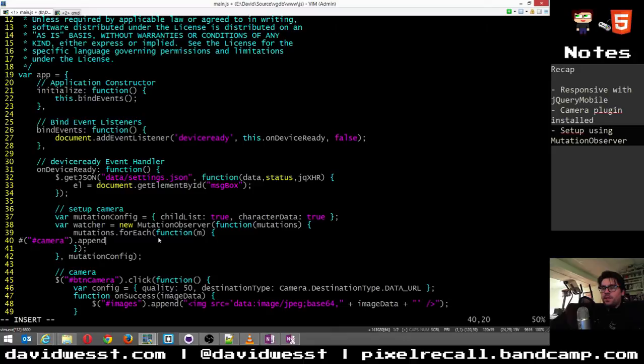And we're going to just append those elements to it. So append m, and there's an added nodes property for every m in the mutations array, and we are going to do the first element that it adds. I realize this is not the cleanest of all the code that I've ever done in my life. I am fully aware of that. You can beat me senseless about it afterwards.